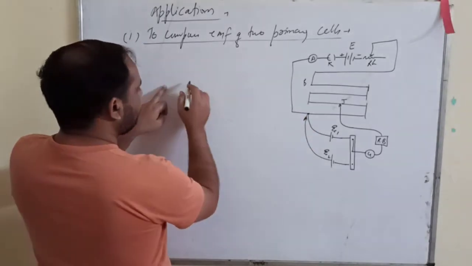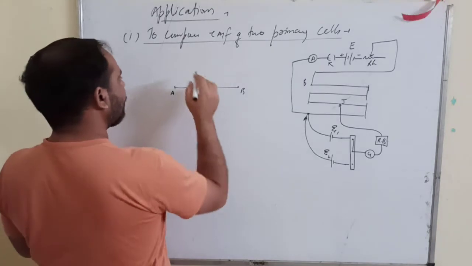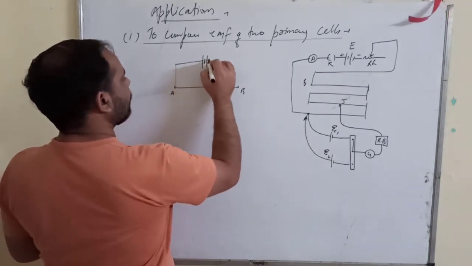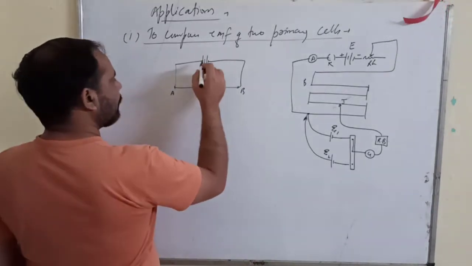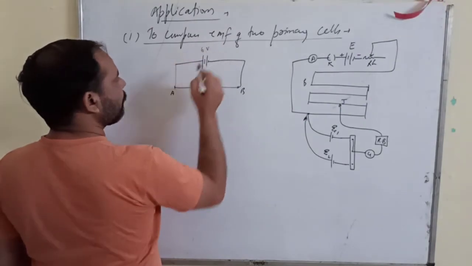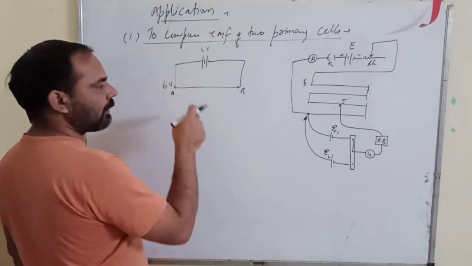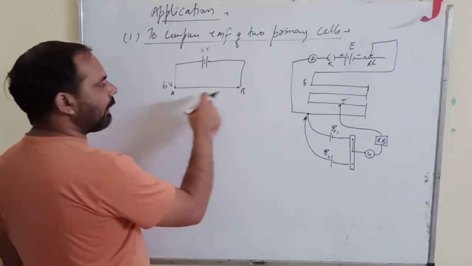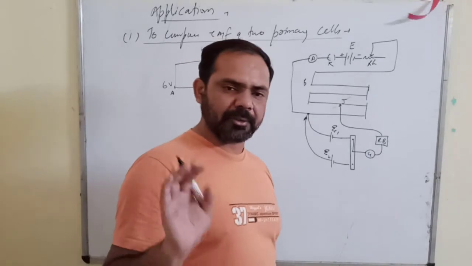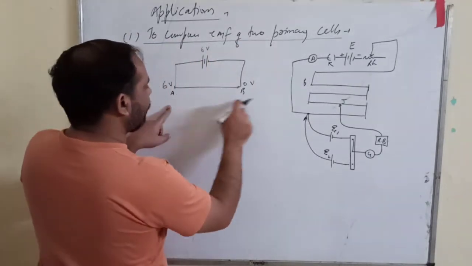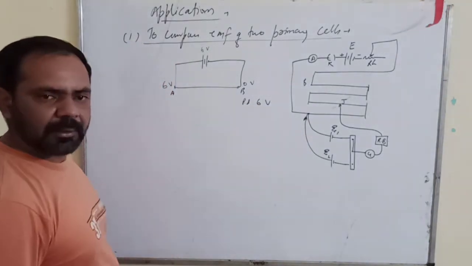What happens is, suppose this is your point A and this is your point B, right? You connected it with a driver battery. Just try to understand why you get a zero deflection point. Suppose the battery has an EMF of 6 volt, then this end is connected to the positive terminal, so it can be considered as the point at 6 volt potential, and this point at 0 volt potential. The negative terminal can be considered as 0, and hence the potential drop across AB is 6 volt. The PD across AB is 6 volt.